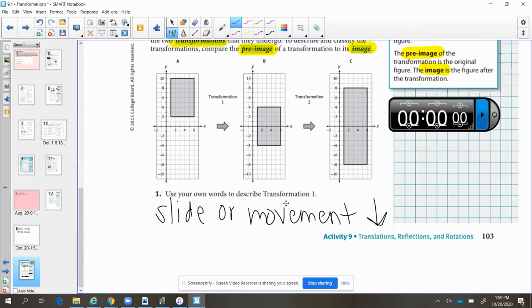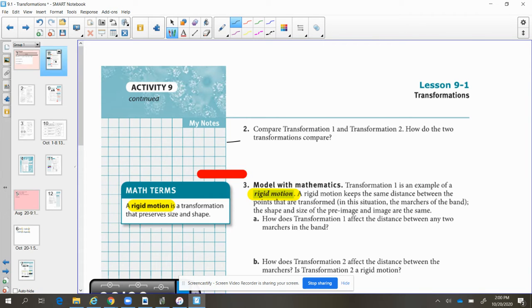Well, what we're seeing here is that the first transformation preserved the size and the shape. It stayed the exact same size, so it was still 9 units tall and 6 units wide. But here we stretched things vertically. So there's a difference between transformation 1